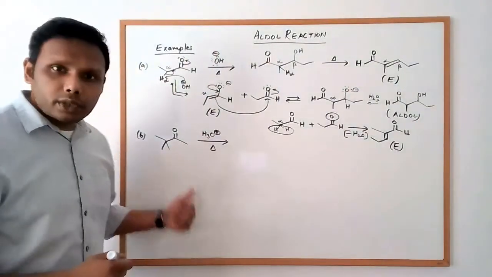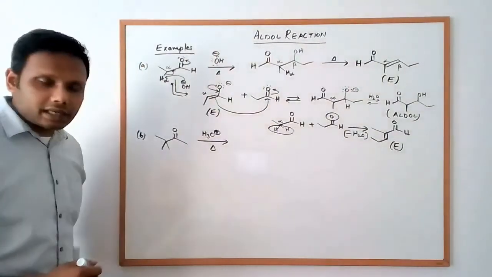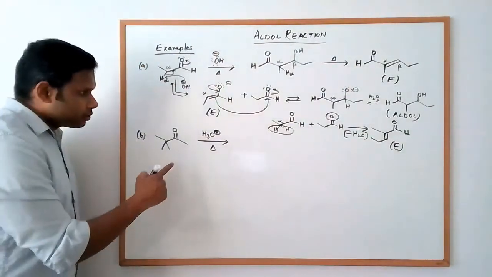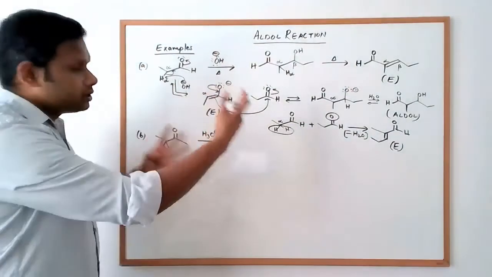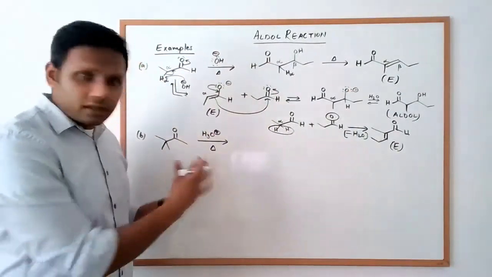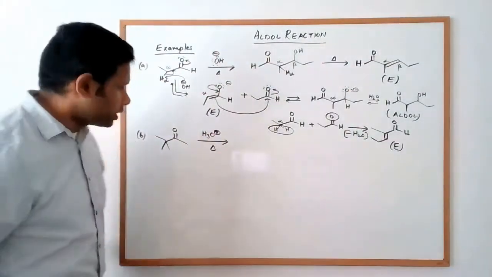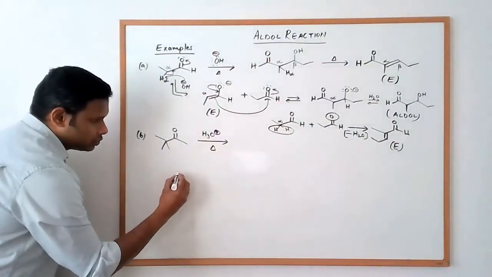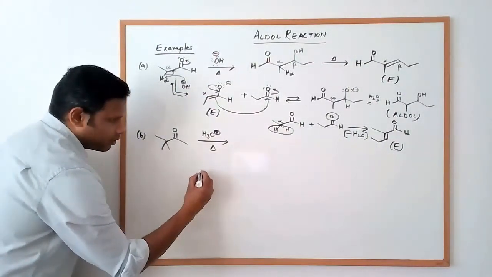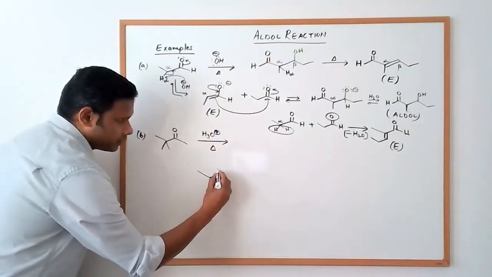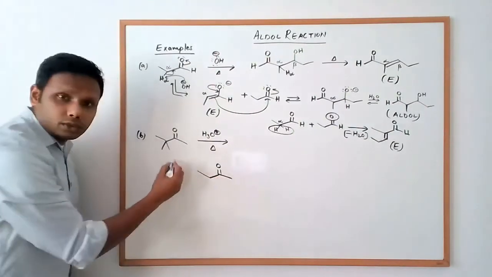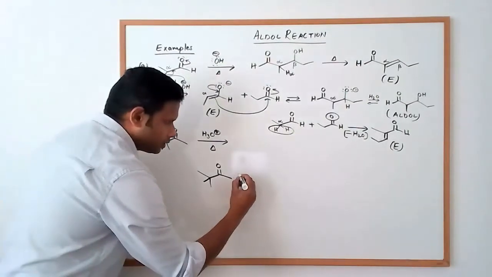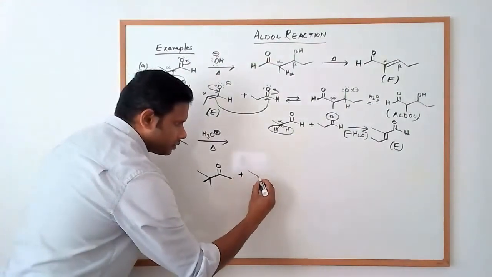Okay, let's look at the second example here. What we'll do is first do it intuitively and then also work through a mechanism to look at the details. So we are going to work with two equivalents of this compound. So we have a ketone now. Okay, so we're working with a ketone this time. So we have one ketone, and then